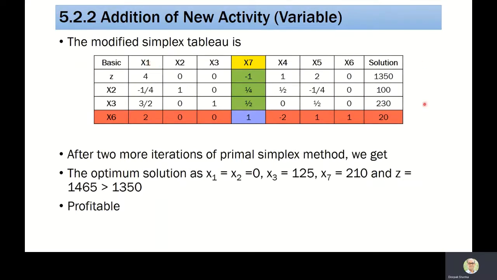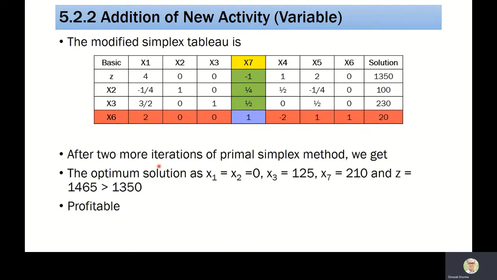So you can see this is the simplex table, and now we are introducing x7 as a new variable, that is, we are adding a new column. In step 1, we found the dual variable values, and in step 2 we found the reduced cost. So the reduced cost of x7 is -1. In the previous slide, we found the coefficient of x7 at the current iteration, that was 1/4, 1/2 and 1. Now looking at this, I can apply the primal simplex rules. Since it is the most negative for a maximization problem, x7 is going to enter the table and x6 is going to leave the table.